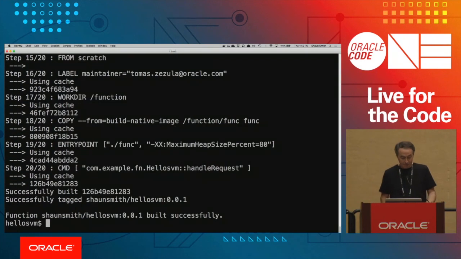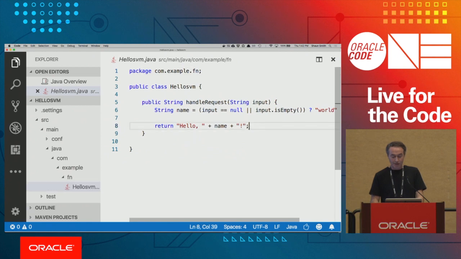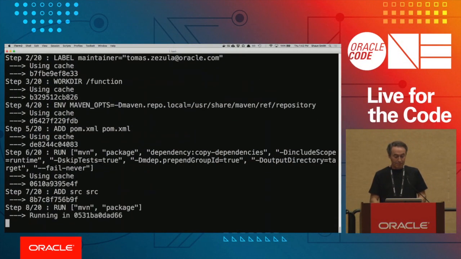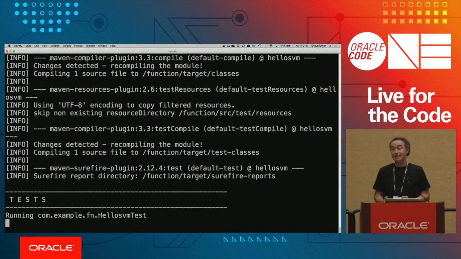Now, hopefully we'll see this. Oh, see, I got to go. The problem is Docker is just too darn smart about caching. So let me just make a change to my code, so you can see the full experience of what it takes to build. Because you get the normal HotSpot build, and then they run the native code generator. And that one does take a little bit of time.